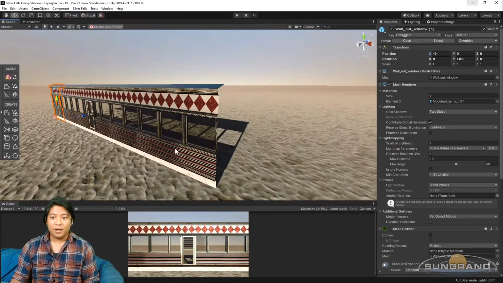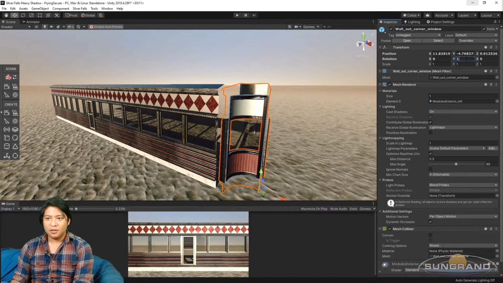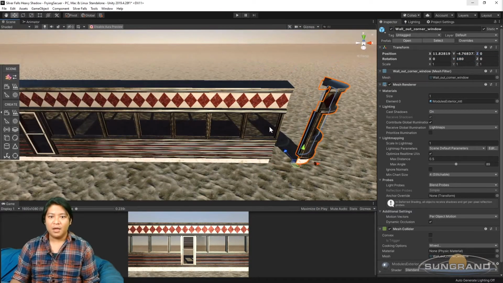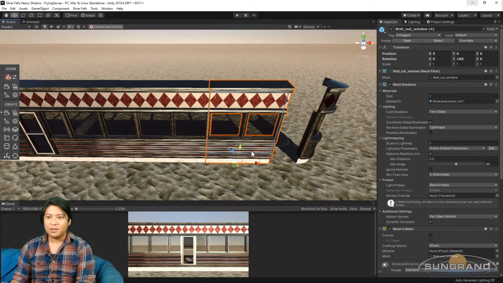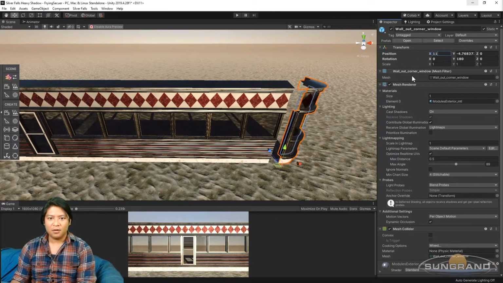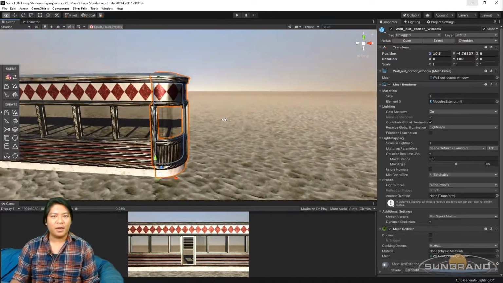Okay, now we want to get our corner pieces. So I've got corner windows. Okay, let's see. Might need to flip that to 180, and I think, what is this? 9, 10, 11. Okay, so I might need to put that